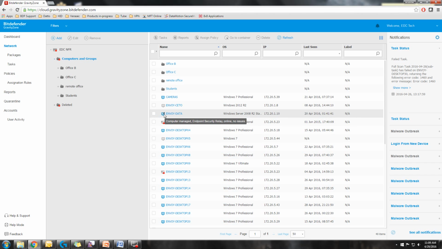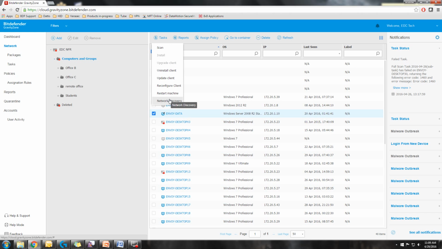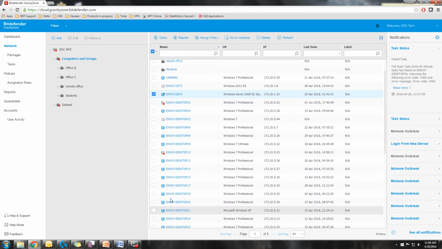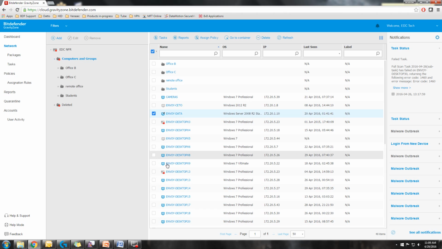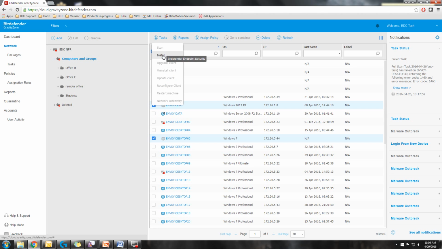So as you can see here, this is our relay role. If you didn't do it as a relay role, you could select tasks and do a network discovery, and that would discover all the endpoints on the network. So what you'd end up having is basically this similar looking layout with all of your endpoints, except they'd all be grayed out like this. And you could select all the different endpoints, go into tasks and select install,